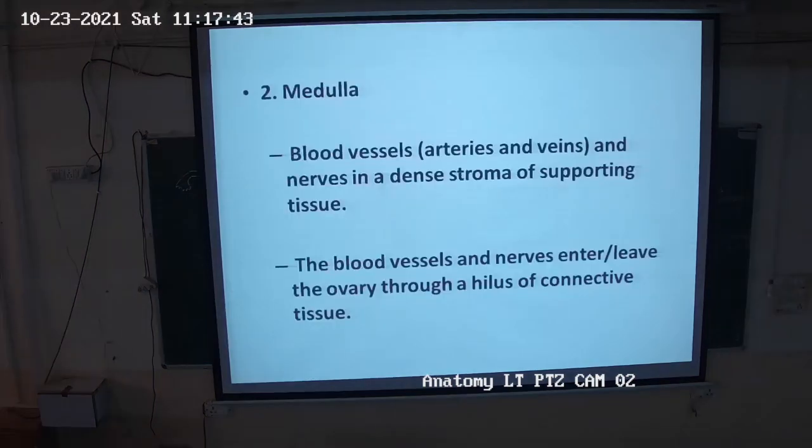The medulla part of the ovary has blood vessels, arteries, veins, nerves, then stroma. Where there is medulla, where there is connective tissue, you can write arteries, veins, fibers or lymphatics. Just like in pharma, there will be side effects and uses of the drugs. So usually people remember the side effects as nausea, vomiting, diarrhea, coma, death. Similarly here: connective tissue, artery, veins, lymphatics, nerves. Okay, you have to remember this.